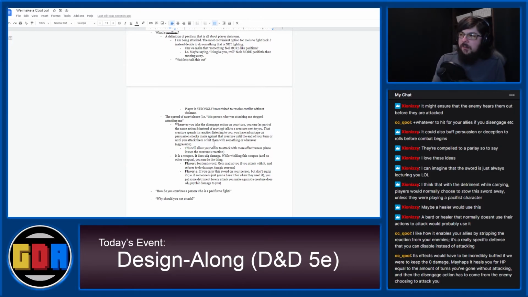We may have to buff things. I don't know. We may have to buff things. I think that comes down to how much do we want people to use the sword? Because here's another design goal that you could have: maybe designing a magic item that just incentivizes a player to play totally pacifistically, right? A magic item like this could be something that you give to a player who wants to be a pacifist,